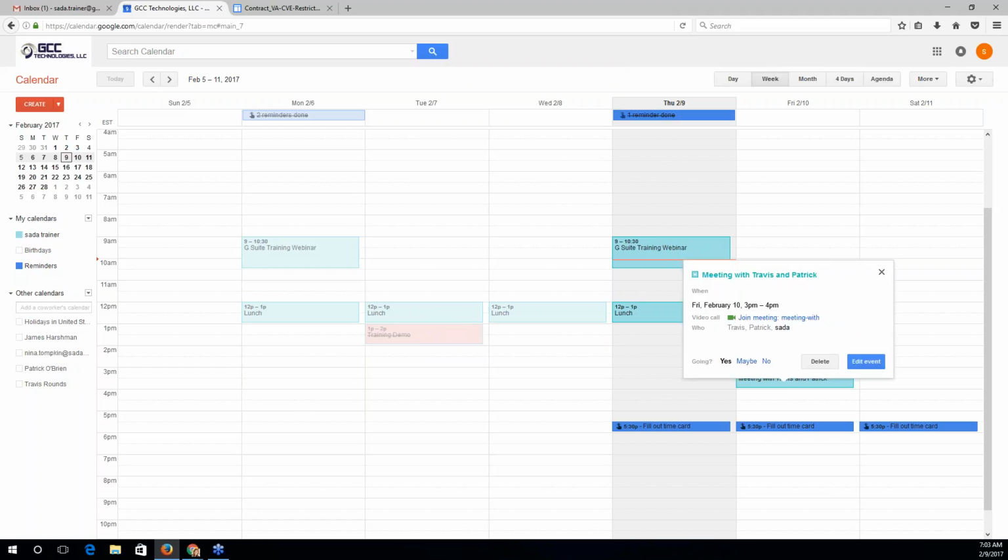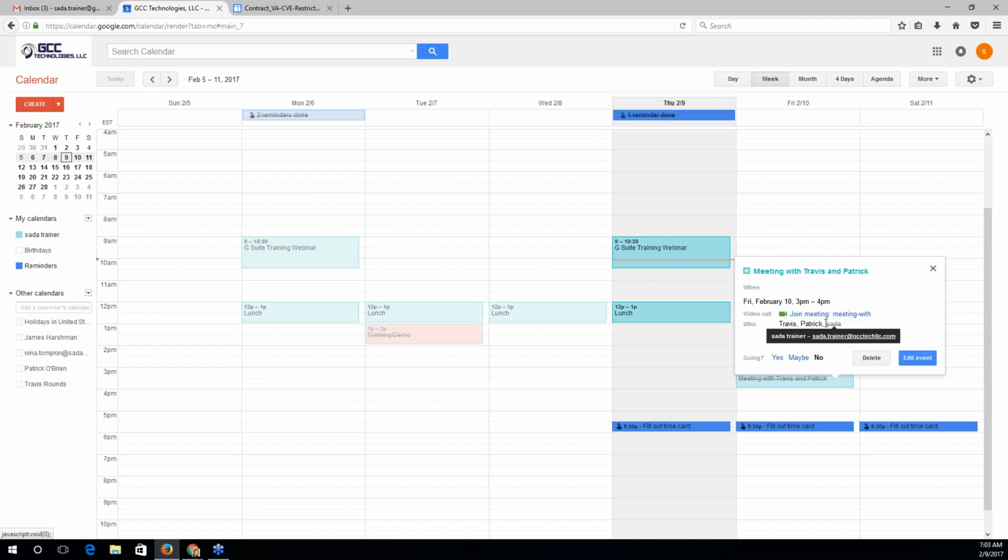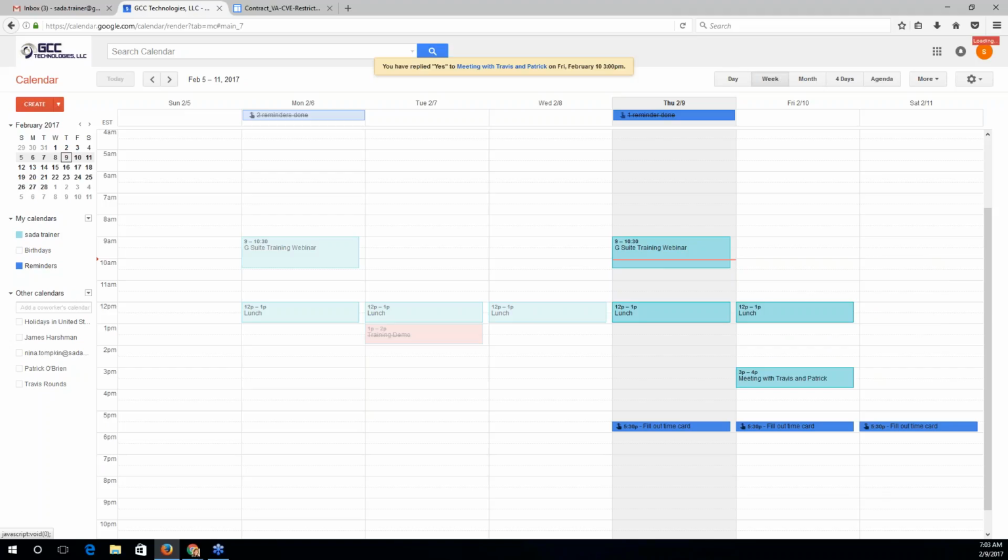And lastly, as the event organizer, now that I've sent this invitation out, if I give this a click, I can even review how my guests have RSVP'd so far. So Travis and Patrick haven't gotten back to me yet, so their names are in gray. But if they had said yes, they can attend, then their names would be in black font. And if they couldn't attend, then their names would be crossed out. So that is essentially, actually Patrick, both of them said they could go, so maybe I'll go now and be polite.